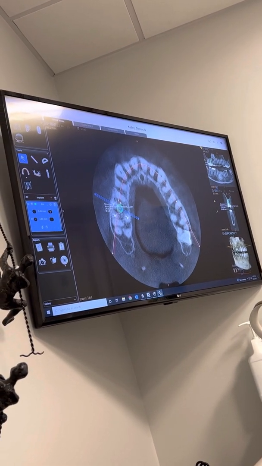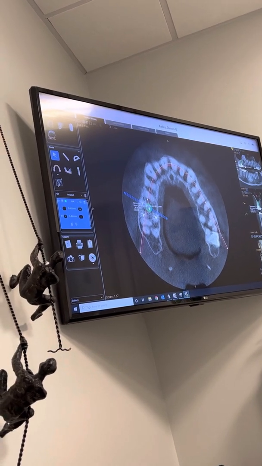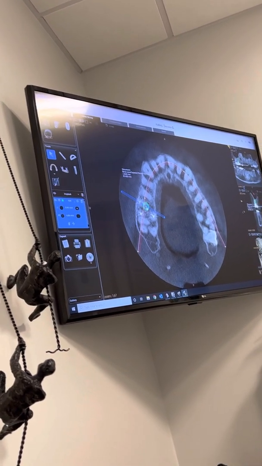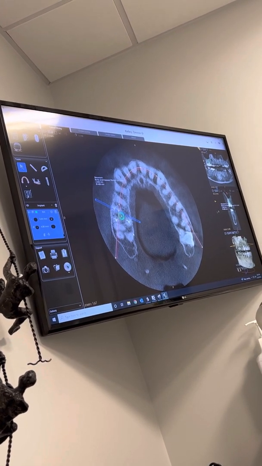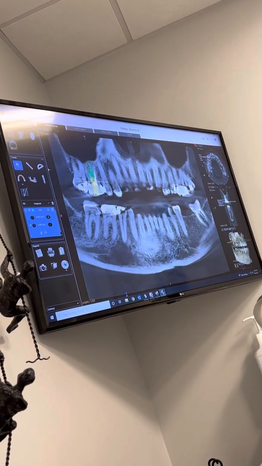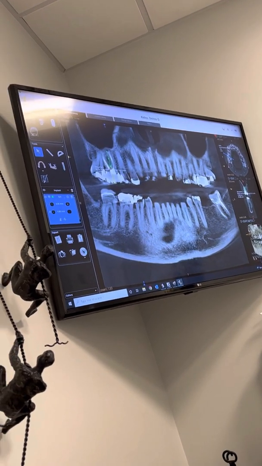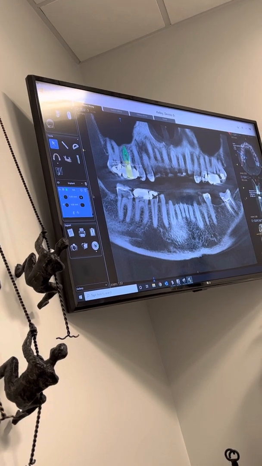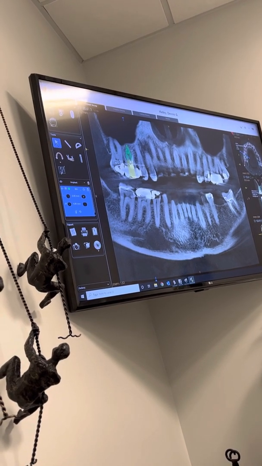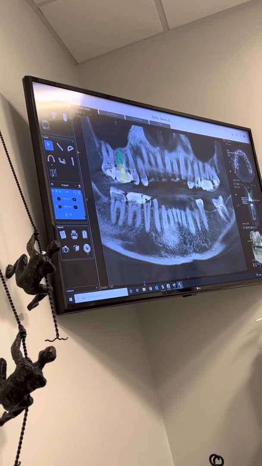Now we're going to look from the top down, and we want to center this right through the 3 roots. So I'm going to move that out of the way, and the implant will go right here between your 3 roots. Then we're going to look at this image, make sure that it looks good here too. You can see the implant's pretty much right between the 3 roots, and it's going to come right to the center of the crown of the tooth in the future. Okay, so how we take these teeth out